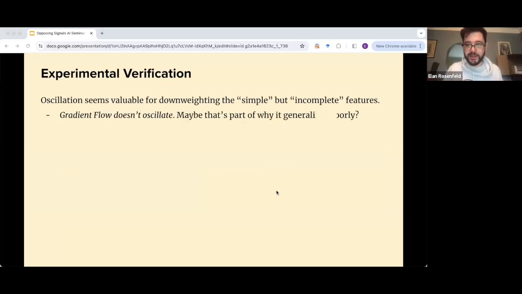In contrast to gradient descent, which hits the edge of stability, gradient flow doesn't oscillate. So we can control for this and ask, what is the effect of oscillation, by following gradient flow instead? Maybe because gradient flow doesn't oscillate, it doesn't downweight these simple features, and so it generalizes worse because it just learns to memorize the samples based on their combination of simple features.